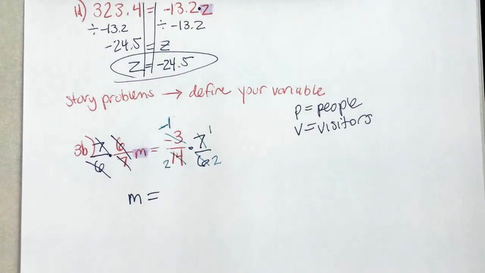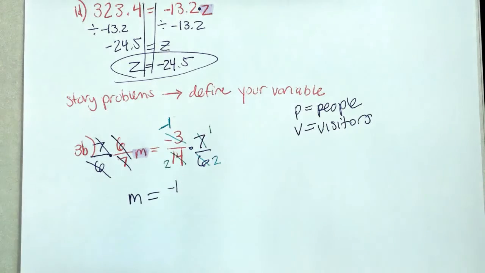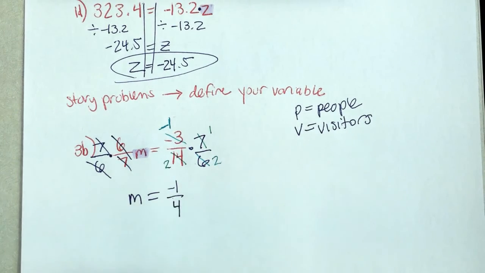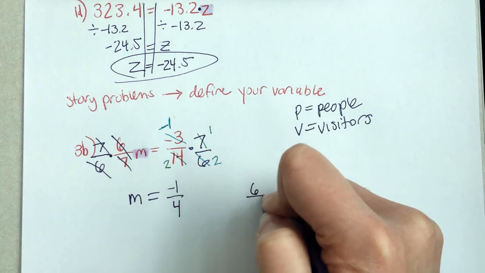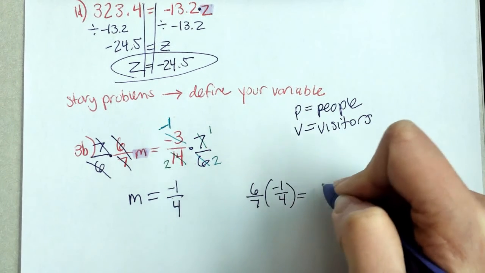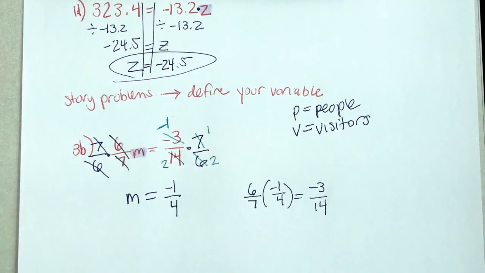Don't leave your negative out there. So now when I multiply straight across, negative 1 times 1 is negative 1, and 2 times 2 is 4. So my answer would be negative 1/4. I can still go back through and check. 6/7 times negative 1/4 should equal negative 3/14. And I can do that in my head,